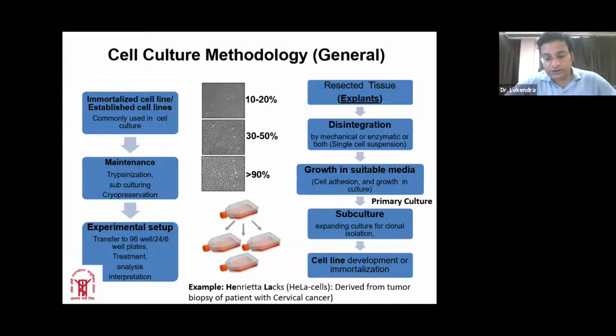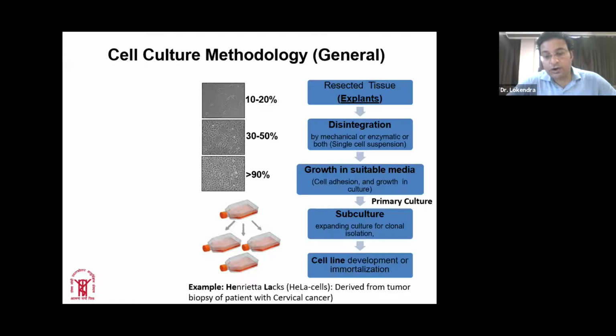I can give you one example where people commonly use these cells, and these are the HeLa cells, which were isolated from a patient in the early 1950s, and that patient had cervical cancer. At that time, since ethical consideration was not that strong, those cells were isolated from the tumor tissue without his or her consent, and they were continuously grown. And still nowadays, people are using these cell lines.